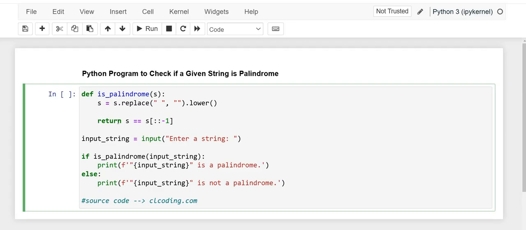Now for the next line here, this compares the string with its reversed version, and if the string is the same as its reversed version, it returns True, indicating it's a palindrome. Otherwise, it returns False. Now here, this line prompts the user to enter a string and stores their input in